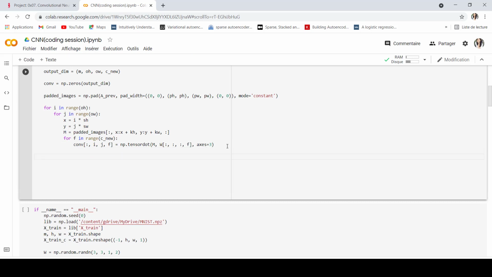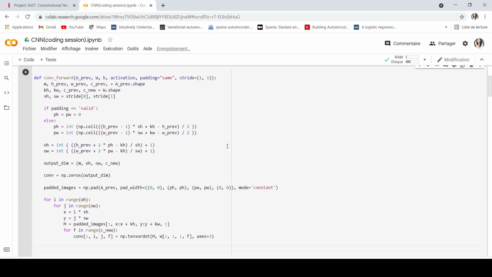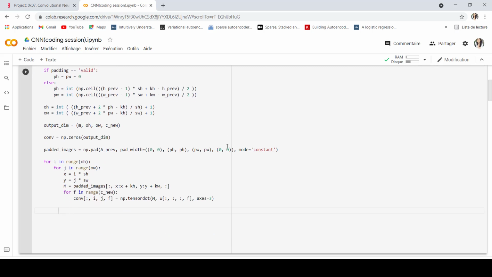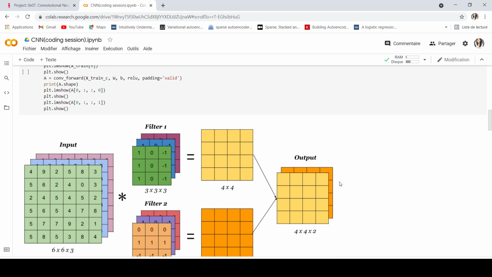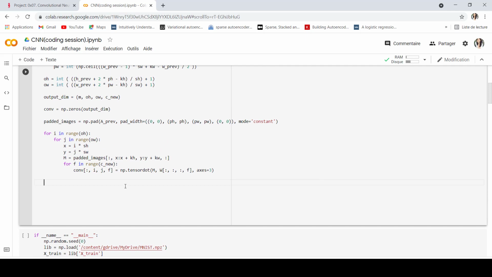Okay, so this we already did in the previous tasks of the previous project. The new thing here is to add the activation part. We have our output, but we need to activate it, as you already did in the first project, which is the neural network. So I'm calling it A. A is activation.